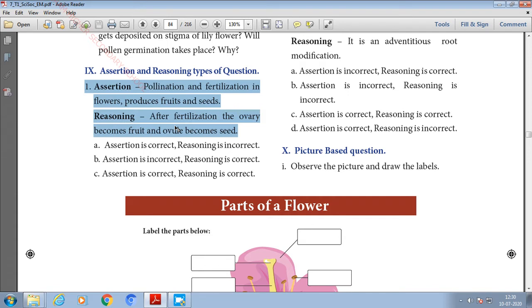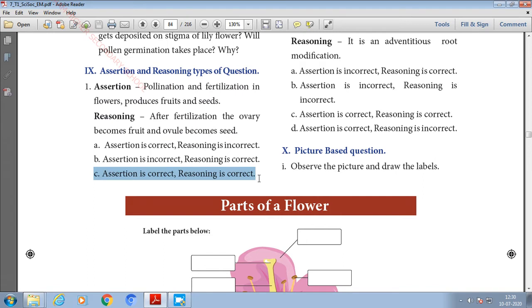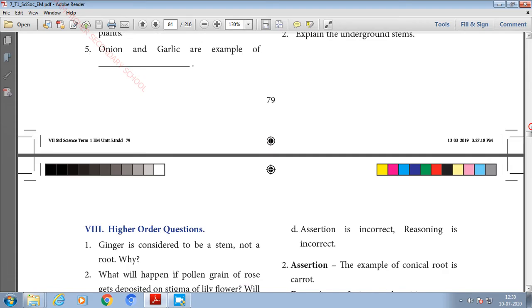So this is a post fertilization change happening in a plant. So this is also correct. So this assertion is also correct and reasoning is also correct. So what option will you choose here? The option C. So assertion is correct, reasoning is also correct. So you can just put a tick mark over option C. Assertion is correct and reason is correct. And here second one,